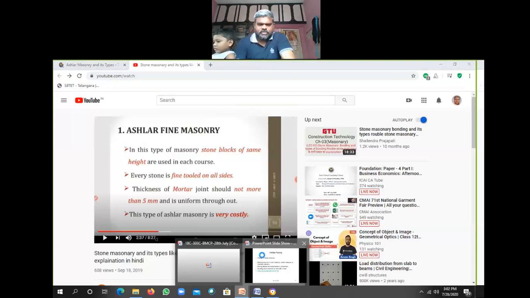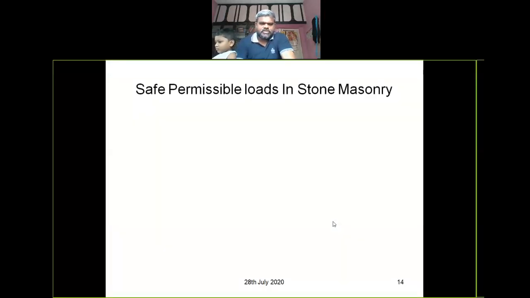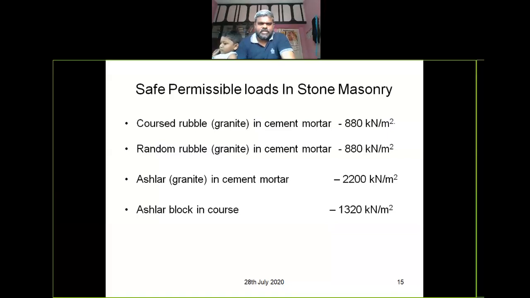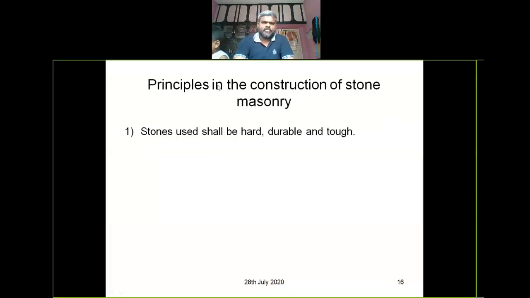Right. This is about different types of stone masonry, and some permissible loads of stone masonry are: coarse rubble masonry in cement mortar may carry 880 kilonewton per square meter. Random rubble masonry in cement mortar may carry 880 kilonewton per square meter. Ashlar in cement mortar may carry 2200 kilonewton per square meter. These are the permissible safe stresses of ashlar masonry. And the general principles involved in stone masonry